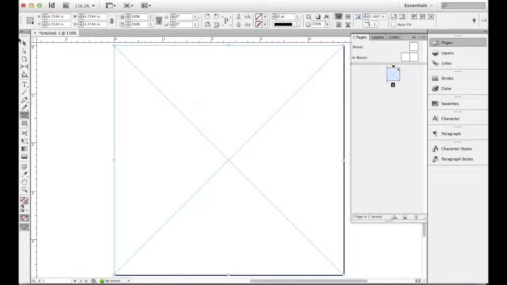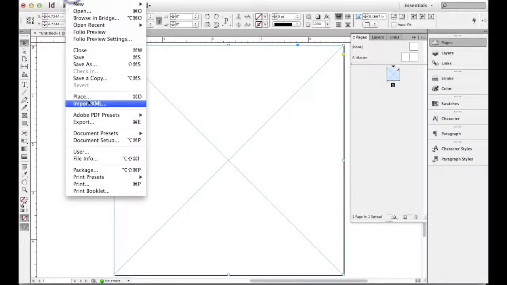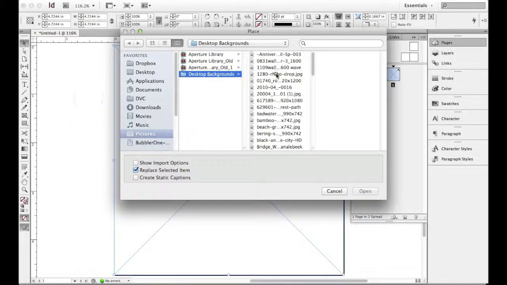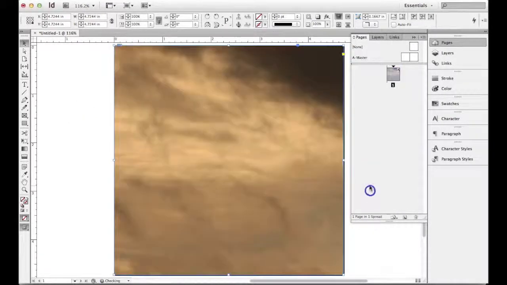Now the advantage here is that once I've created the frame, when I choose to do a place, if I select the frame first, and then I go to File and Place, we'll pick the same image here, and I click Open, it will fill just my particular piece of frame, which is really, really convenient. It doesn't, however, show all of my image, so I really want to change that. What I'm going to do is right-click,